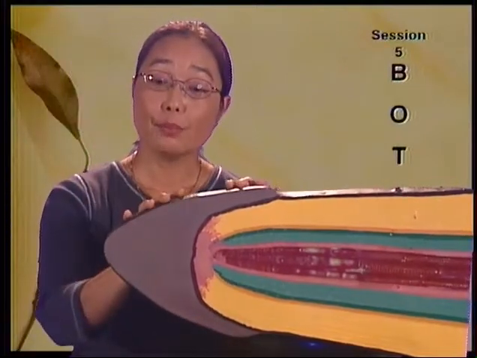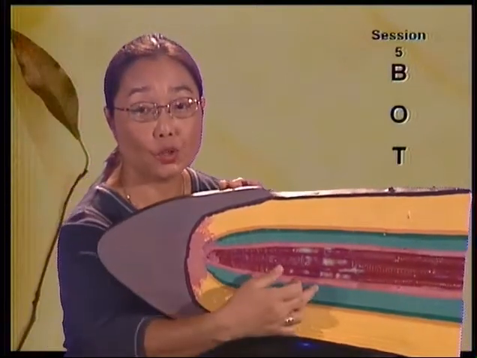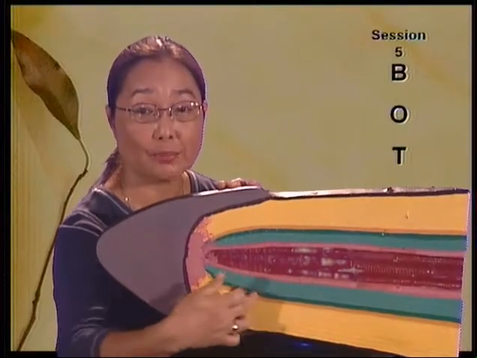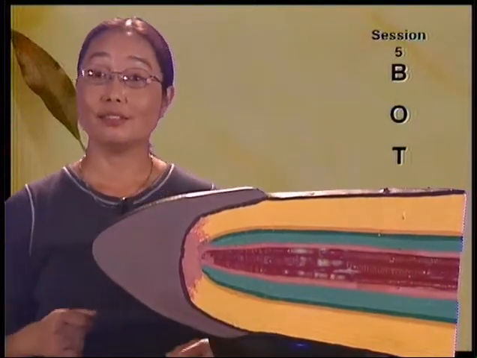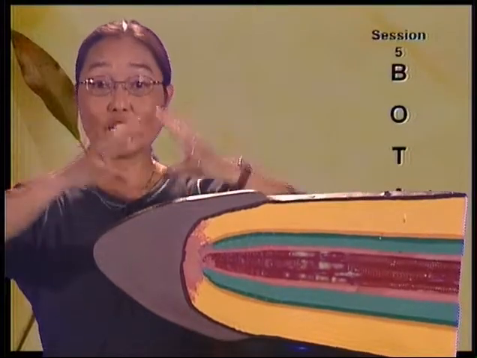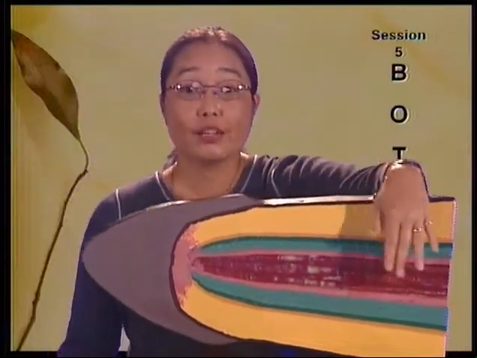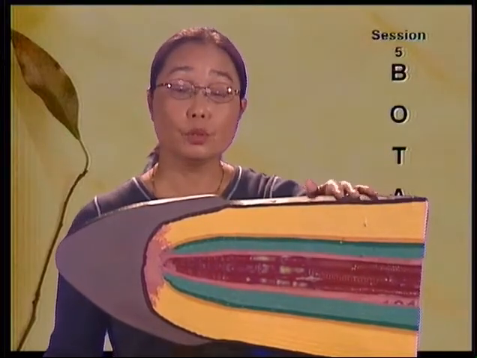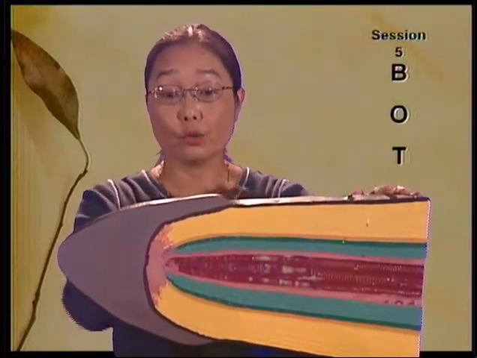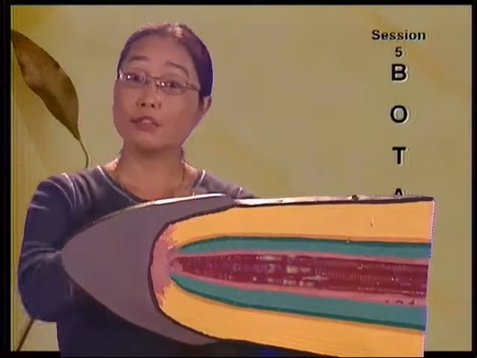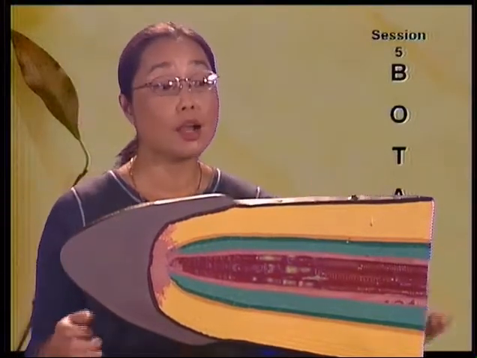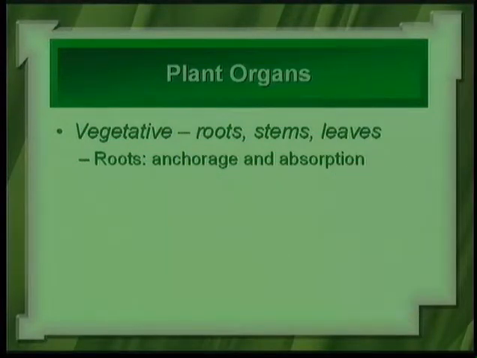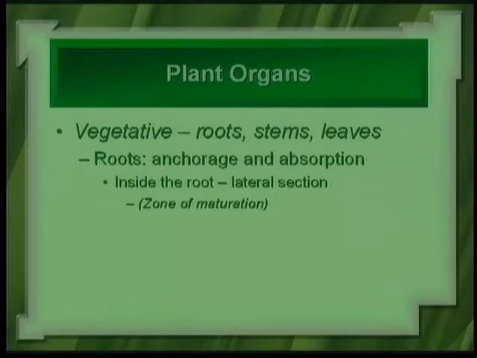So you have the root cap, you have the meristem, and you have the zone of elongation, where the cells are expanding and getting bigger due to the vacuole taking up water and expanding the cell. And then later on, up here, you'll have the zone of maturation, because the root hairs can't really exist in the lower part of the root, as it is being pushed through the soil. They'd be sloughed off and wouldn't be able to do their job. Alrighty, so in this lateral section, you have these different zones, including the zone of maturation with the